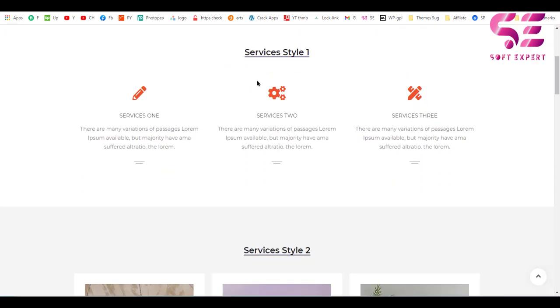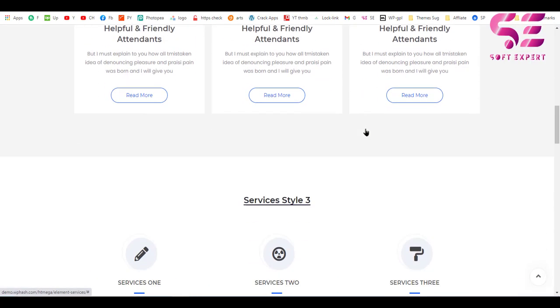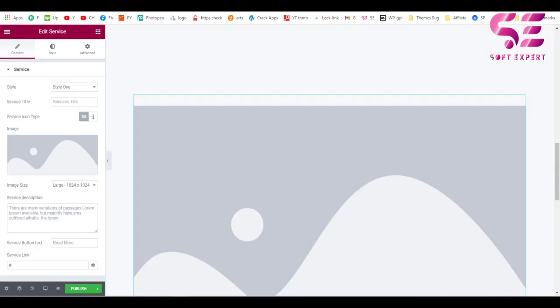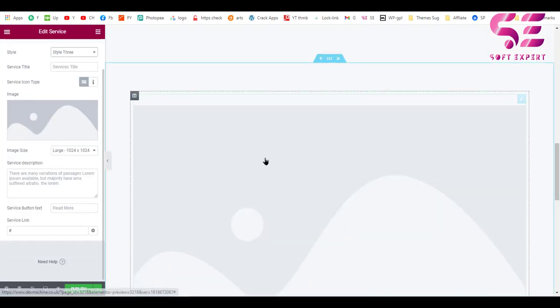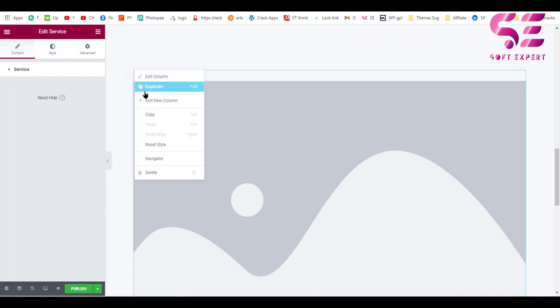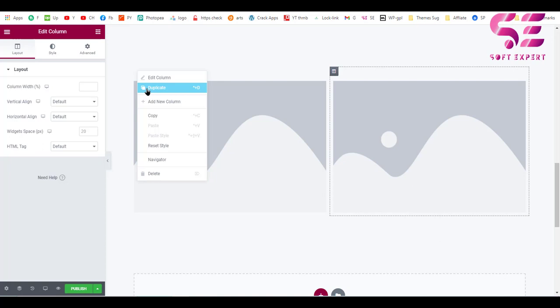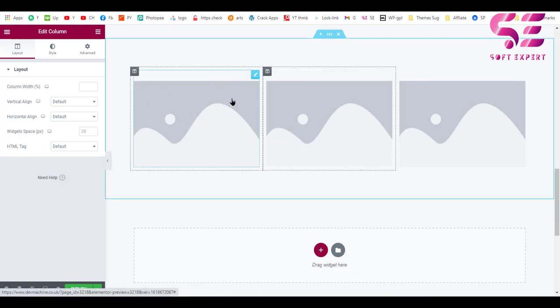Again, you have 7 styles here, so you can use any of these. For example, I want to use this one, so let's go back and choose style 3. Now we can duplicate the column so that we get 3 services in a row, just like this.